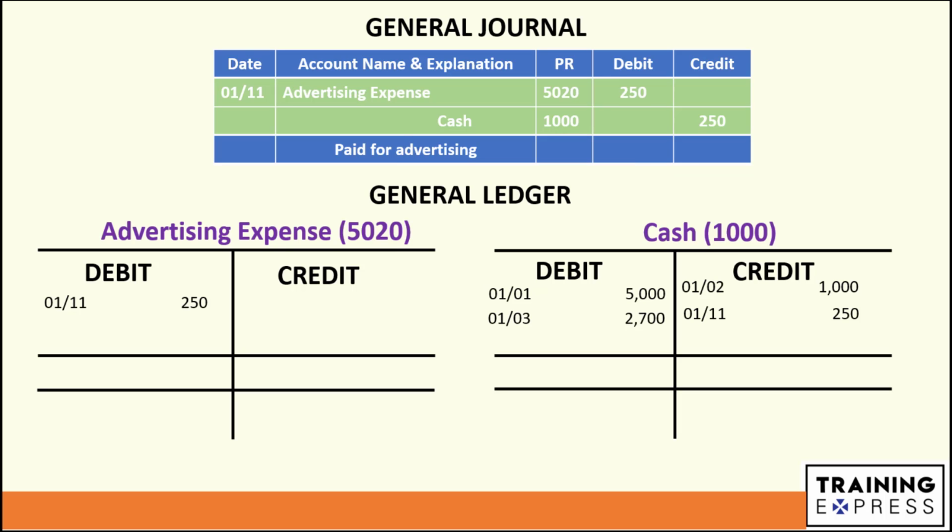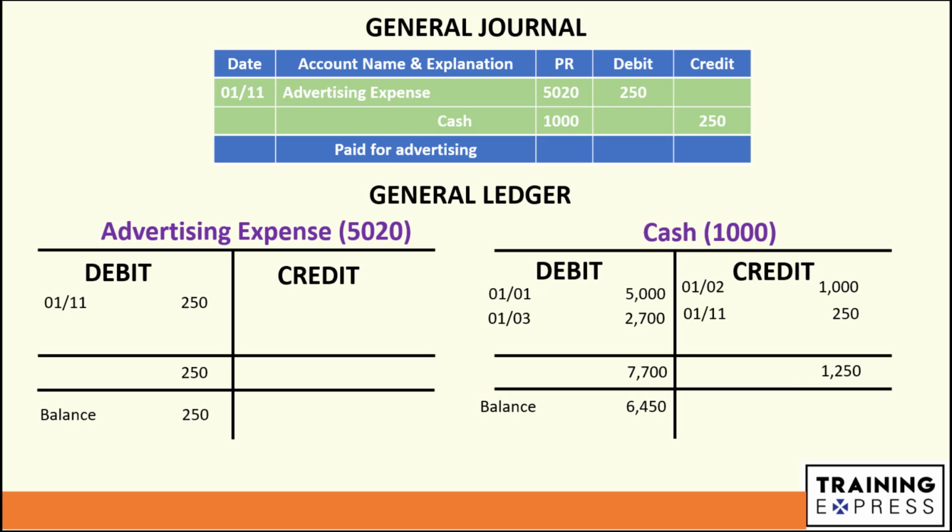Now this is the time to balance each of these ledger accounts. So let's first look at the advertising expense account. The total on the debit side is $250 and total on the credit side is 0. So we will be having an ending balance of $250. Now let's look at the cash account. The total on the debit side is $7,700 and total on the credit side is $1,250. Now you can see that debit side is greater than the credit side, so we will be having an ending balance of